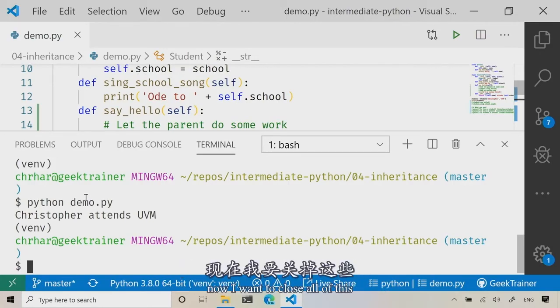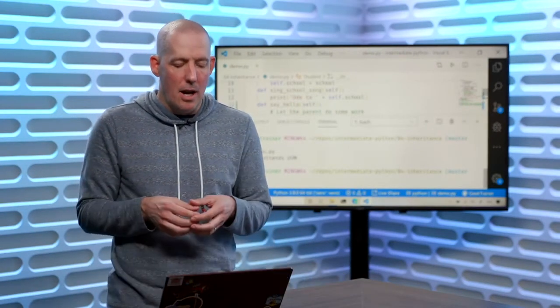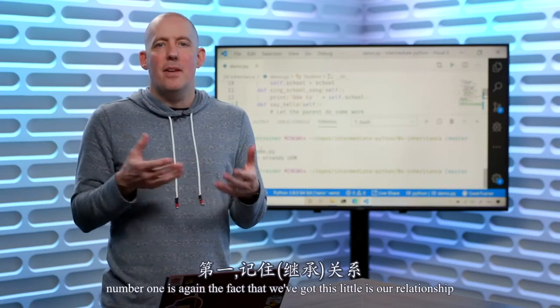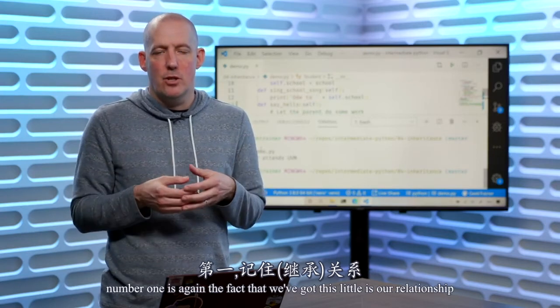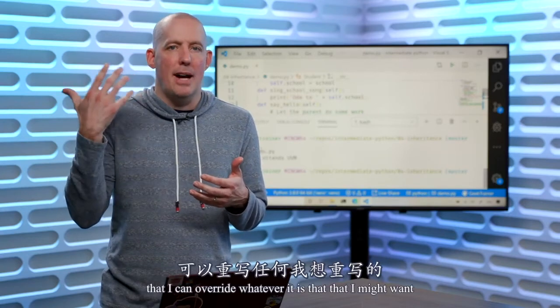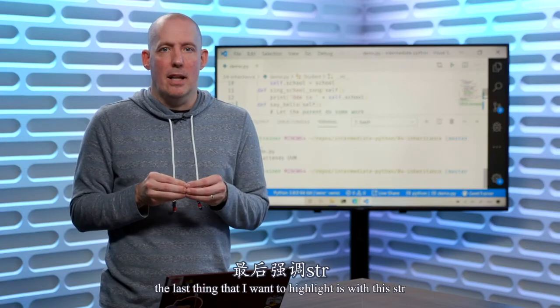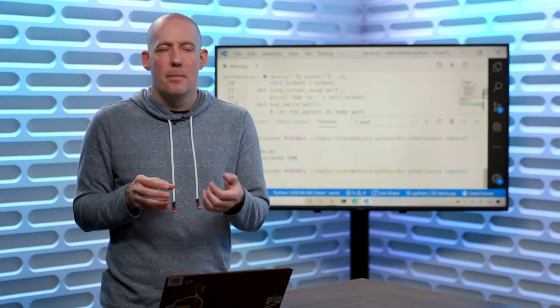Now, I want to close all of this by highlighting a couple of real quick things. Number one is, again, the fact that we've got this little is-a relationship. Number two, again, the fact that everything is virtual, that I can override whatever it is that I might want. The last thing that I want to highlight is with this str. Now,